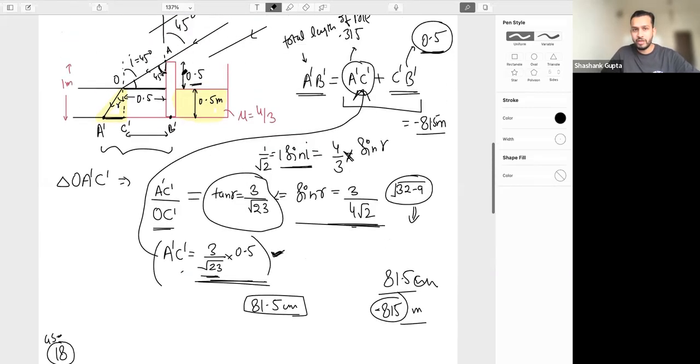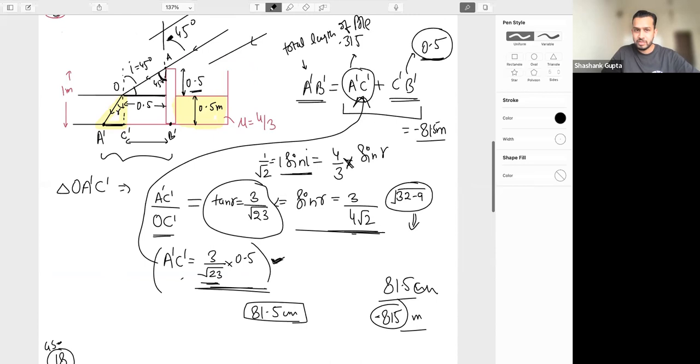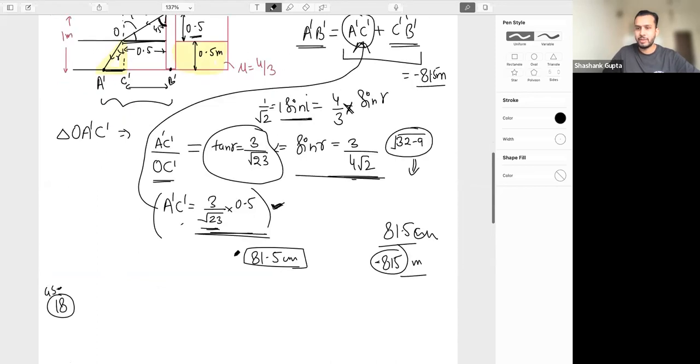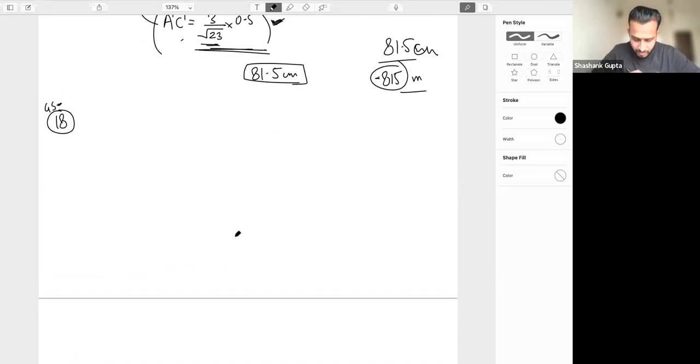Which part, this 0.5? Look, this is 45, this is 45, so this is 45, this is 0.5 is given. So this is 0.5. Tan theta is equal to what? Tan 45 is equal to length upon base, perpendicular upon base. This is 1, so L and B is equal.